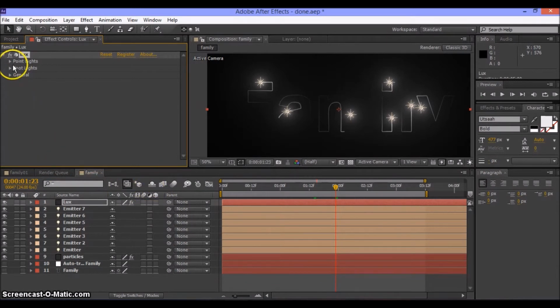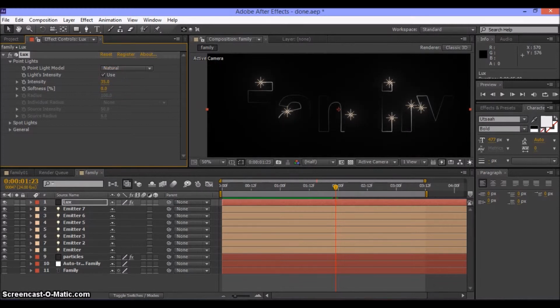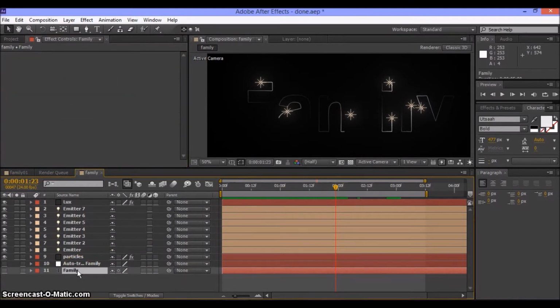Lux intensity, point light intensity, change to 35. So now you have a glow light, very cool. I'm going to use this effect to reveal my text. If you remember, we created some text at the beginning, family, and it's still here. If I fade the text in by pressing T to bring out the opacity, let's say at 2 seconds, click here to add a point and change opacity to 0, and